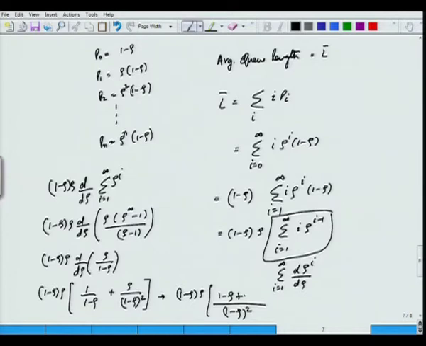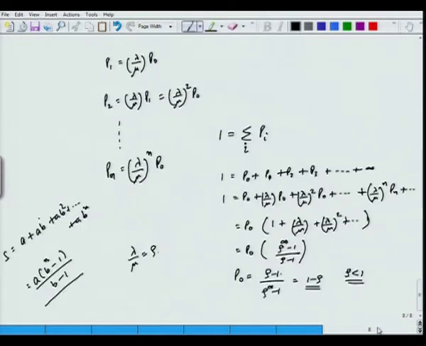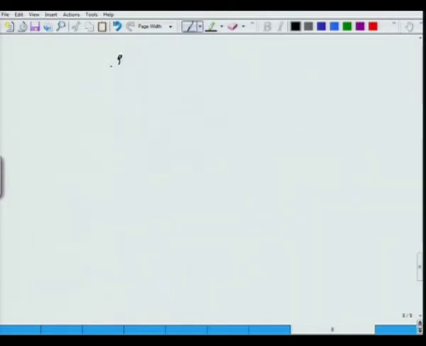One minus rho plus rho, this cancels with this, I will end up with rho over 1 minus rho. So, that is the result which I wrote here. So, this gives you the average queue length, and you can now plot rho over 1 minus rho is equal to L bar,